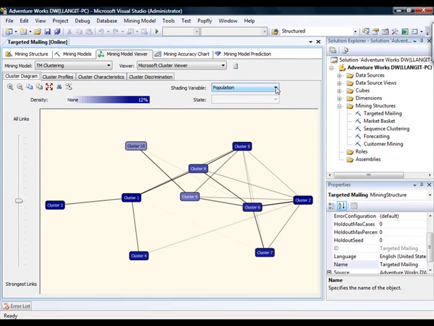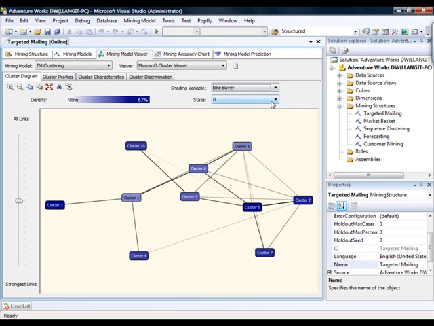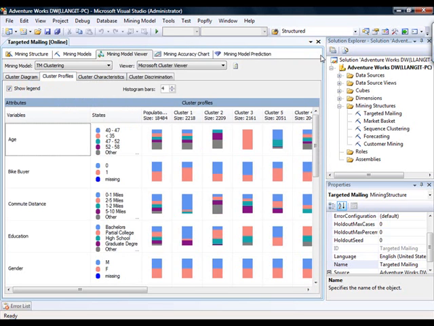What can be more meaningful is if you select from the shading variable a particular attribute such as Bike Buyer and a particular state such as 1. So then you can see that the clusters where people had the highest tendency to actually buy a bike were cluster 1 and cluster 5. Then you might want to drill in and see more information about those clusters. So then you can look at one of the other viewers that are included, the cluster profiles, cluster characteristics, or cluster discrimination. I'll just quickly click on cluster profiles, and then we'll close out of the mining legend here, and